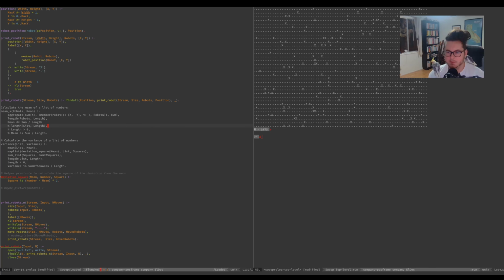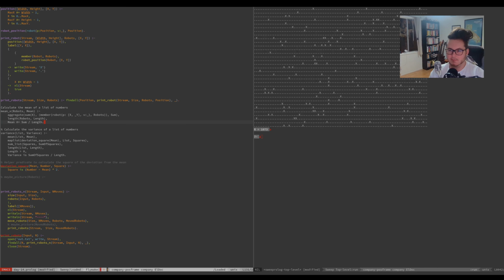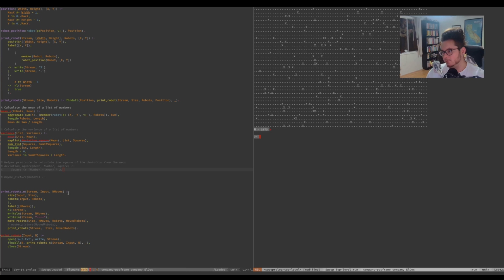We're using CLPFD, constraint logic programming over finite domains, instead of the lower level ones, just out of habit. I guess it shouldn't matter since it doesn't need to solve for these using constraints. But we'll do it that way, okay. Now, let's see if we could get the mean values of x for my robots. Okay, so we'll do example, yeah, robots, and then